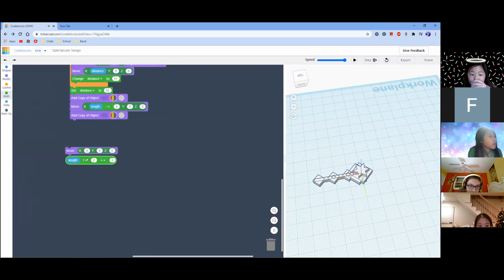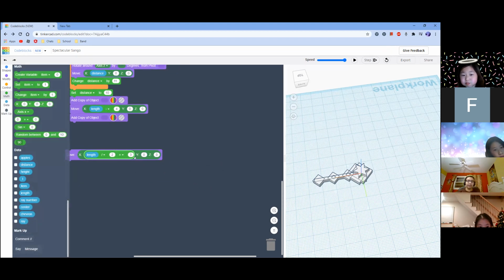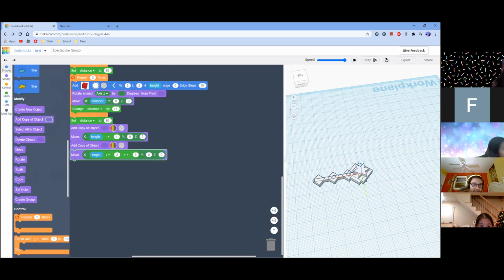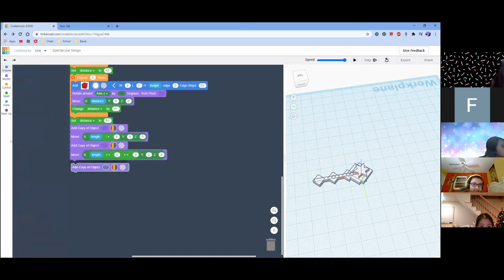Okay, now drag that whole thing to X, to the right, and let go. That should work. Okay, there we go. Now you drop that move command underneath there, and make sure you put add copy of object Chevron. No, all the way down. No, you're good.